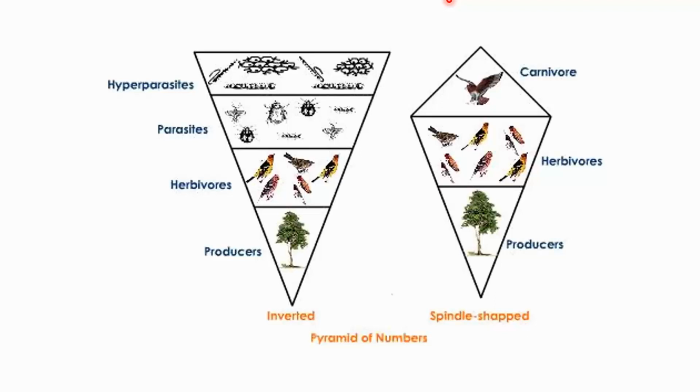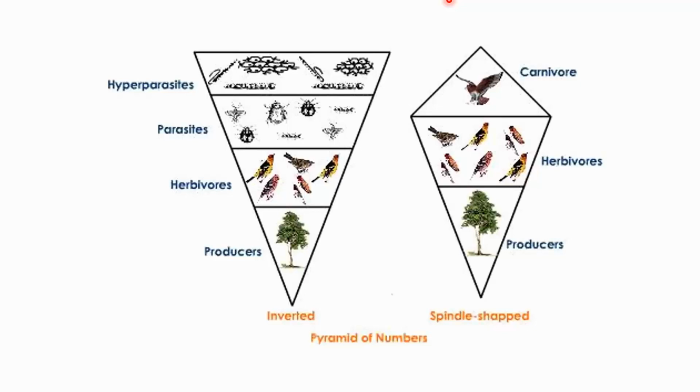So considering the number of organisms at each trophic level, how could we calculate? We will first see that there is a single tree, so the producer number will be 1. Then we may find that there might be 5 or 6 types of birds present on that tree. Considering an arbitrary number like n equal to 6 or 7, we may then have different parasites that reside on a particular tree. So this pyramid of number is inverted, especially in those cases where parasites reside on a particular tree.